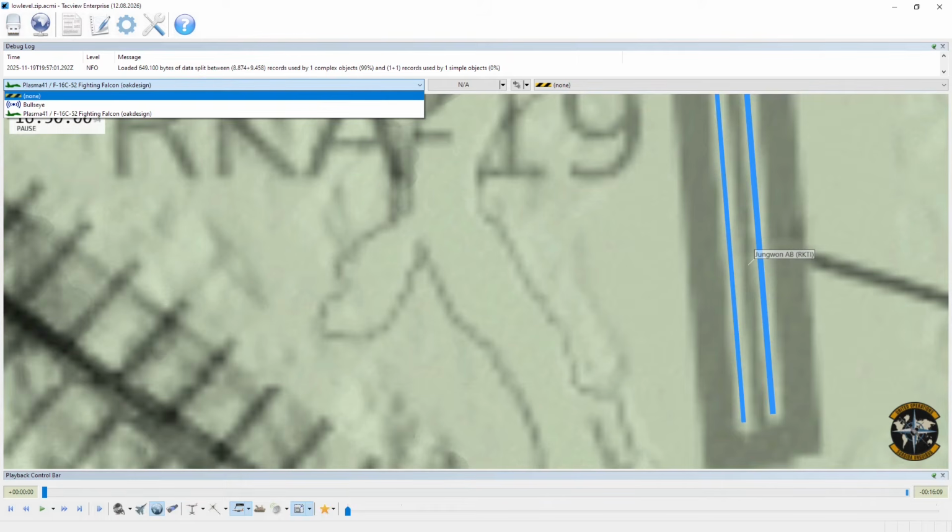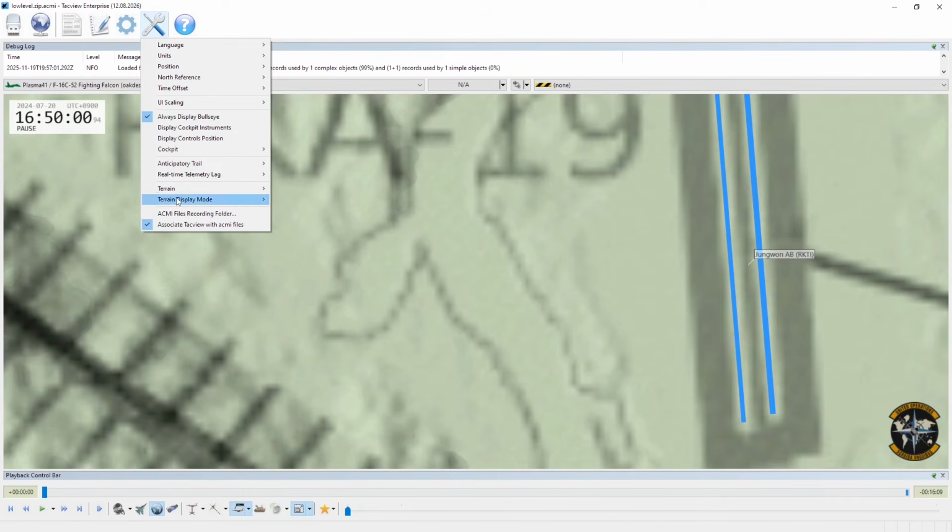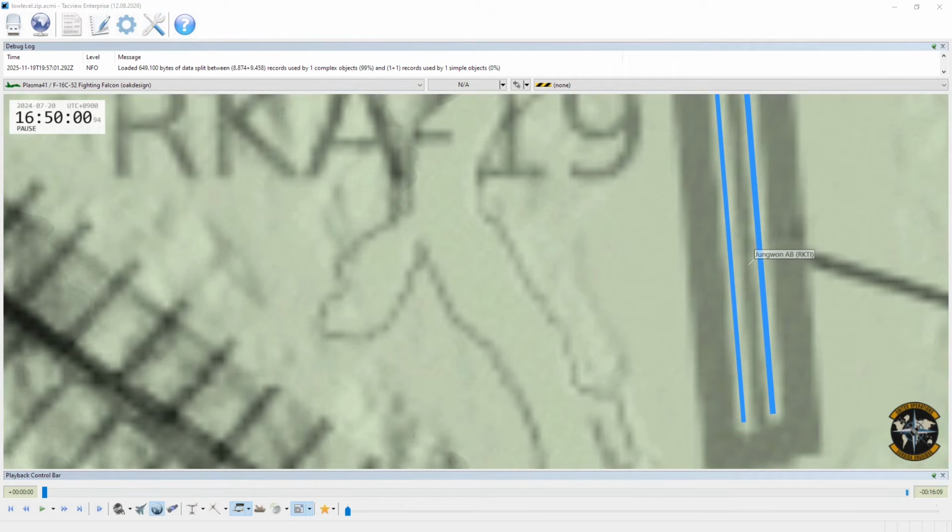So I'm running a very old version of Tacview. It would work with older versions as well. The issue there is only with the latest version, the 1.95, you have that new BMS layer. So if you have an older version and you don't want to update, which I don't see a reason why not, then